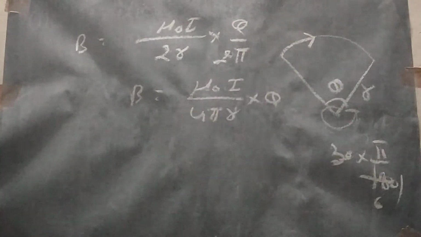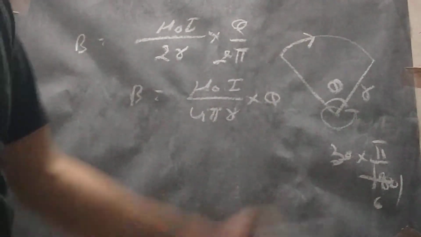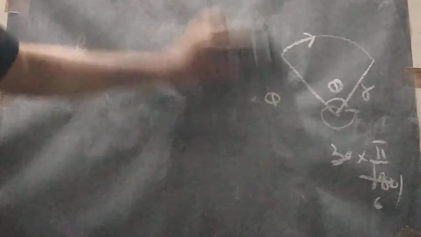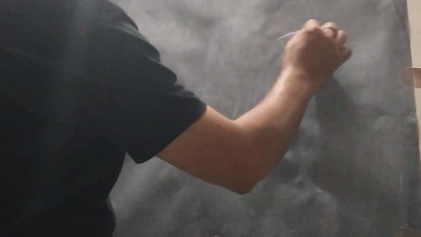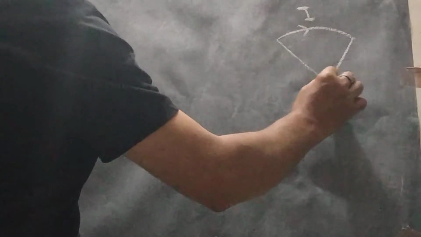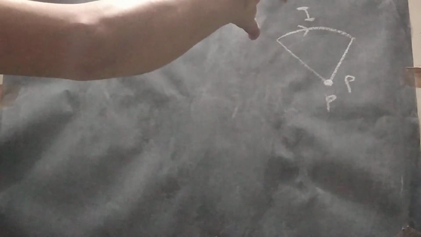So theta has to be in radian measure because the SI unit of plane angle is radian, and that of solid angle is steradian. Therefore, the important point here is the direction. Suppose we have to find the magnetic field at this point P, if the current is I. The direction at this point is given by the right hand rule. According to the right hand rule, if we move our fingers in the direction of current, then the thumb of the right hand gives the direction of the magnetic field.